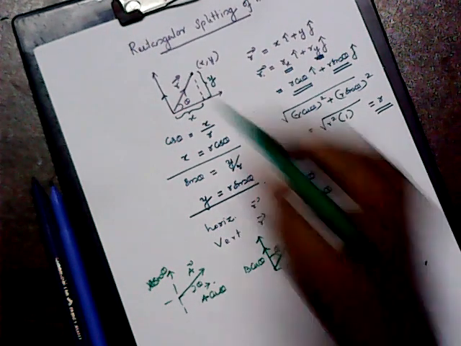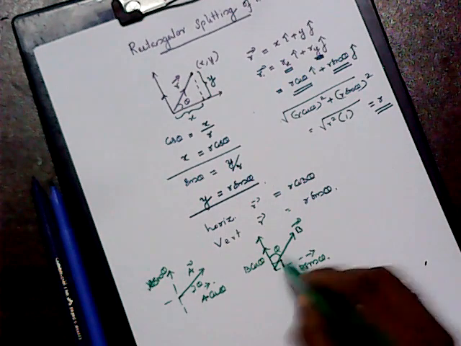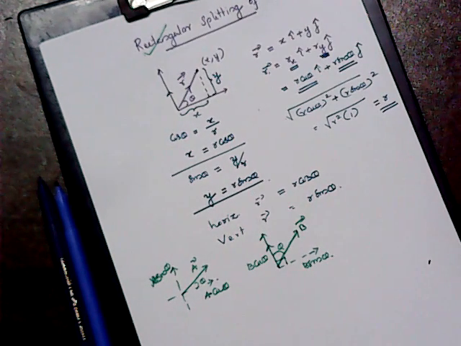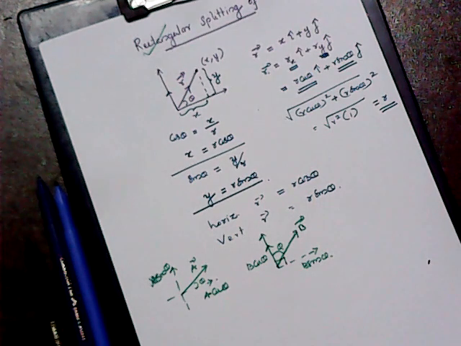So keep in mind that the two vectors make an angle of 90, and hence the name, the rectangular splitting. And here that vector is split into two rectangular components. We can go with some problematic situations, then it becomes so clear for you.